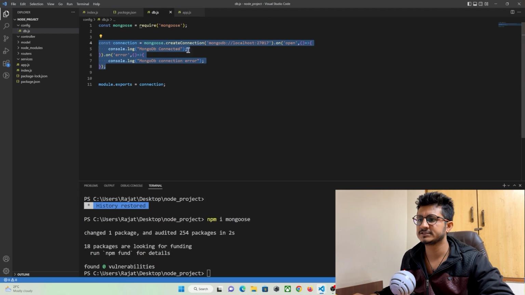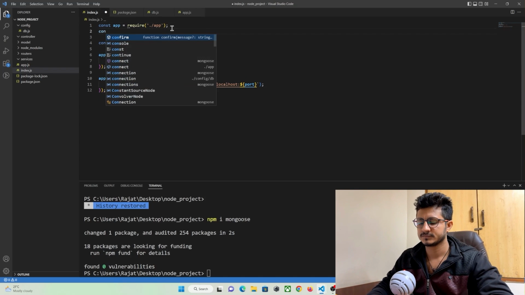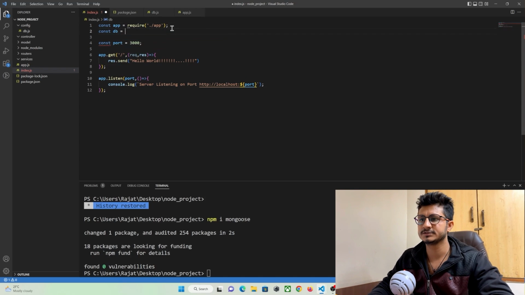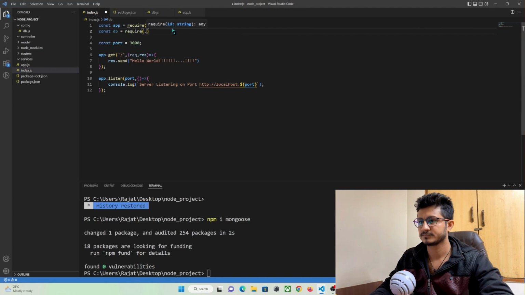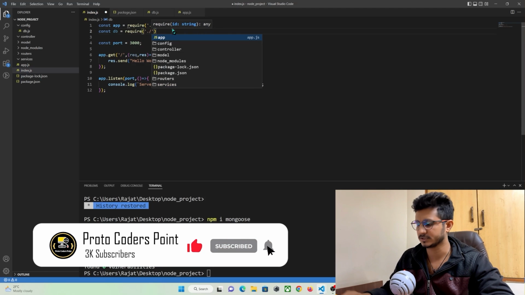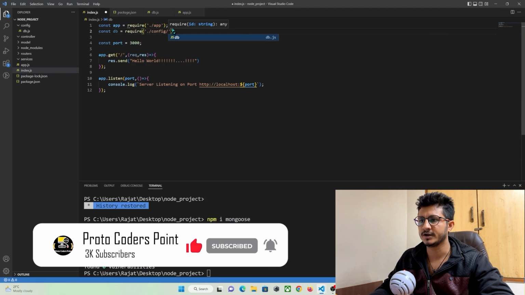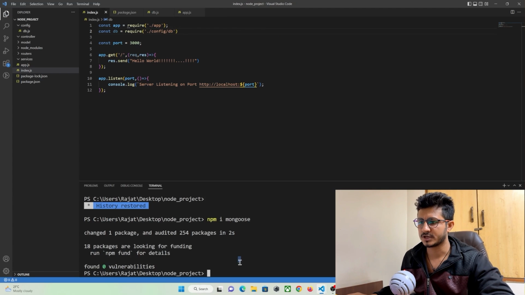Let's check if it is working or not. All you need to do is import this file in our index.js. So const db is equal to require configuration/db.js. That's it. Now if I run npm run dev,